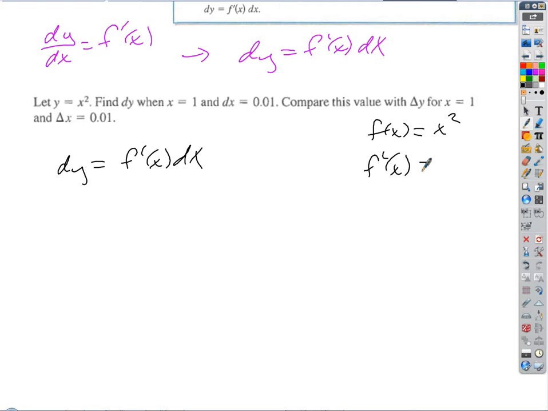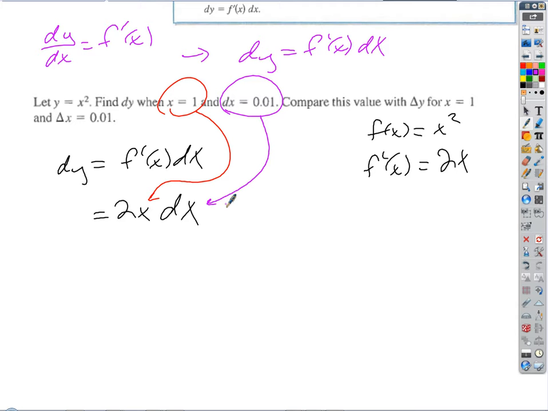So f prime of x is 2x. So dy is just equal to 2x dx. Well, what are we going to plug in for x and dx? We're just plugging in 1 for x, and dx is 0.01, right? So the approximate change in the function is 2 times 1 times 0.01